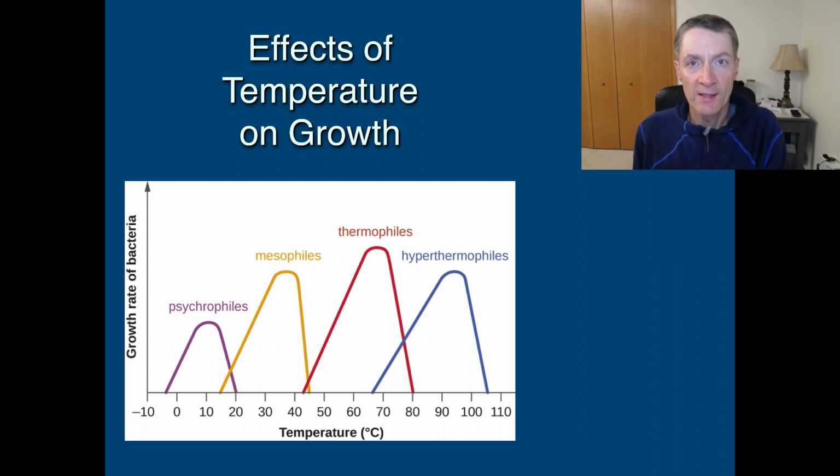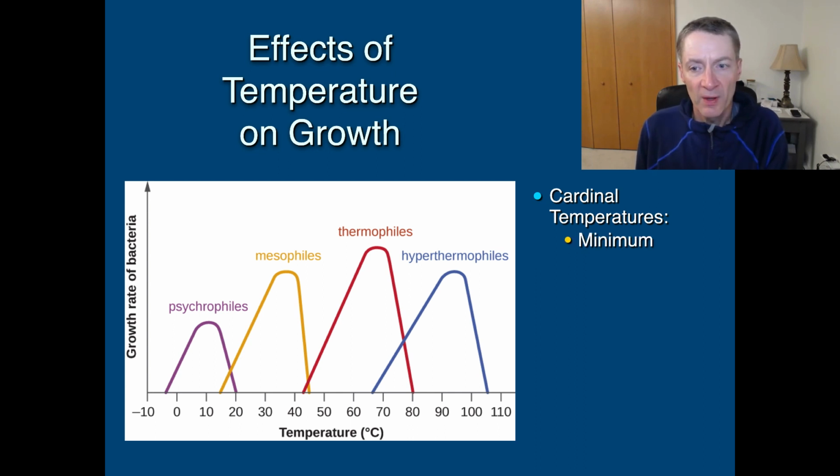Any individual enzyme might have a curve that looks like any one of these curves you see on the slide, except here now we're looking at growth rate of the bacteria, and we're looking at different types of organisms that will grow in different ranges. All right. Now, what we're going to find is that for any one of these temperature growth curves, I should say, you're going to see this